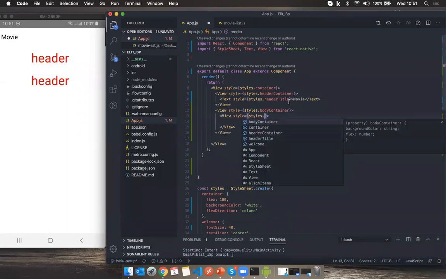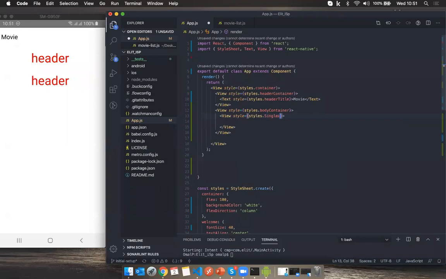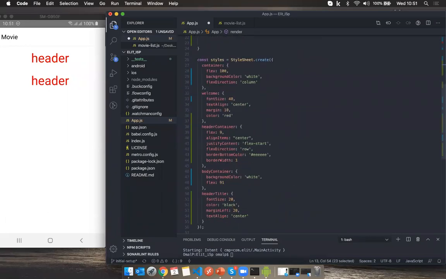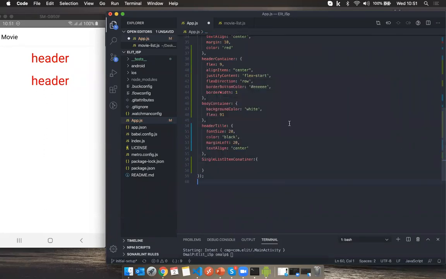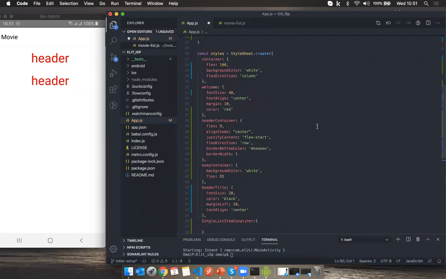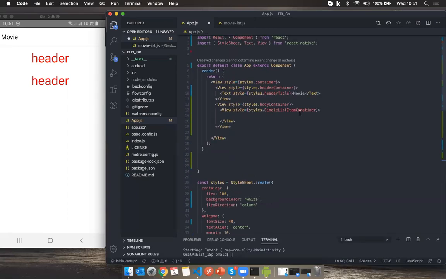Let's say a single list item container. Copy it and paste it here in order to provide stylings. And I'm going to put another two views.